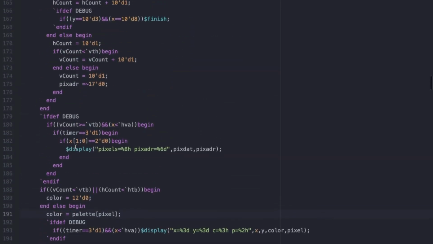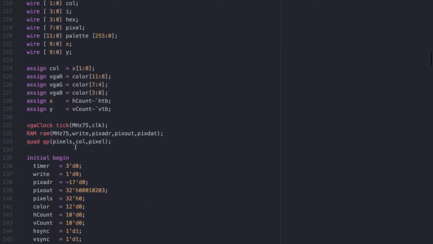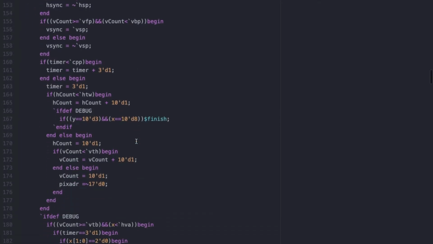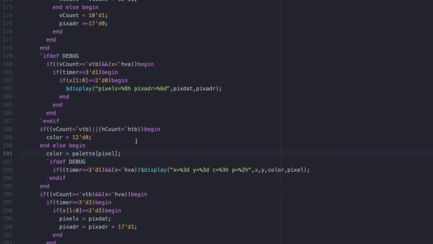And then let's look at that a little closer, because it's kind of a tricky thing here. So we're subtracting the horizontal total blank from H count, and then we're doing the same for V count, vertical total blank, and see we have X and Y, and so we're doing some tricky binary math here to get this done right,